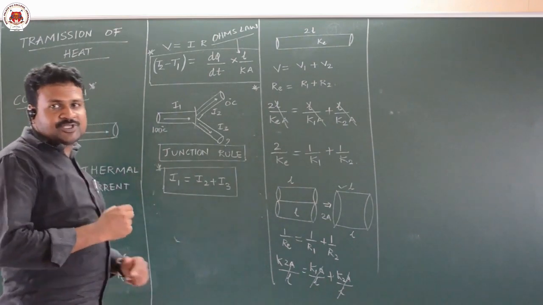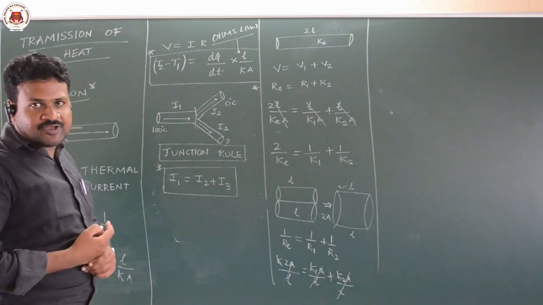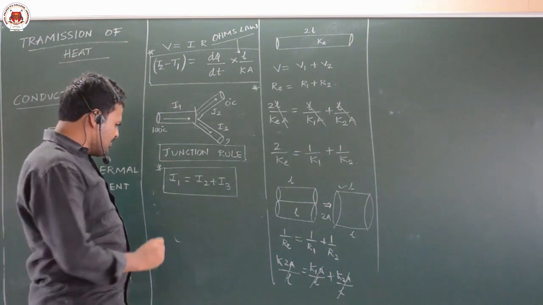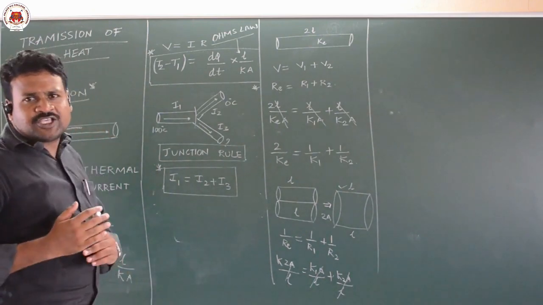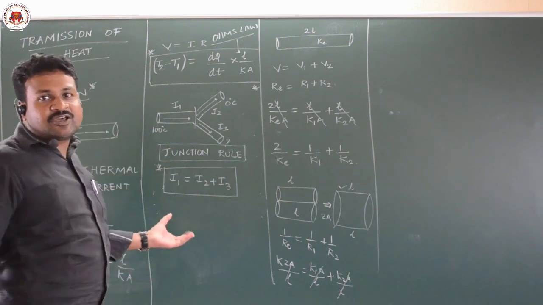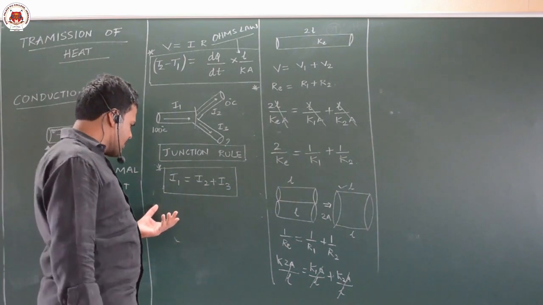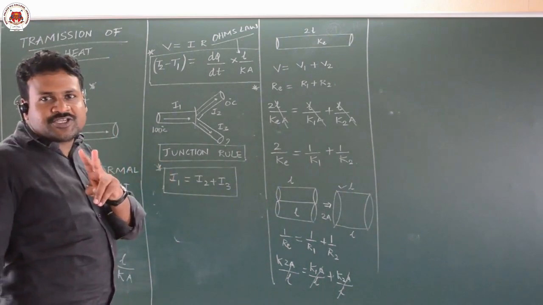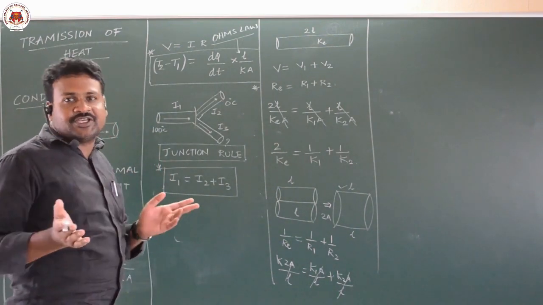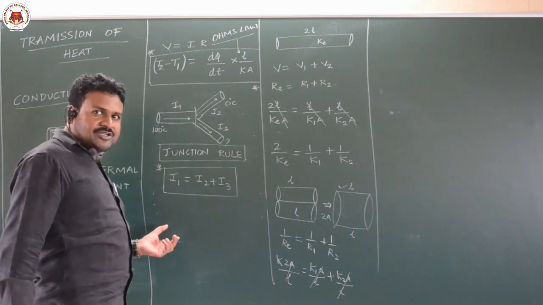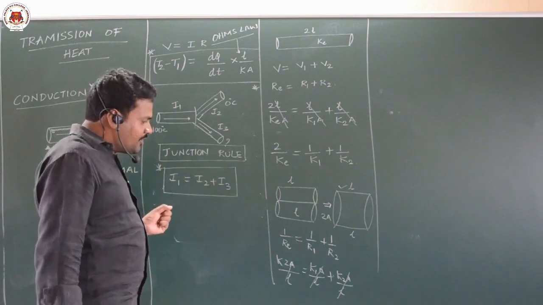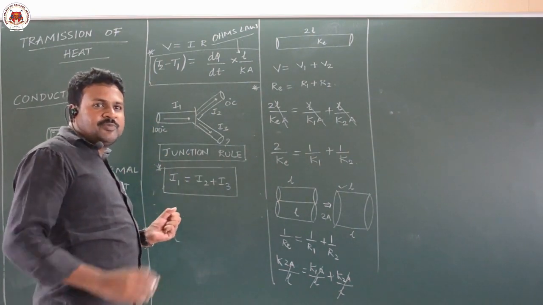Again, different types of circuits we will explain in current electricity when we are discussing the second year part of your crash course. Now next will be convection. Convection is due to actual movement of molecules of the medium; the heat gets transferred, and that is called convection. In convection also there are two types, forced convection and natural convection. Natural convection occurs because of the difference in density in the medium, and in forced convection we are not concerned about density. There will be a pump for pumping these molecules from one place to another place.